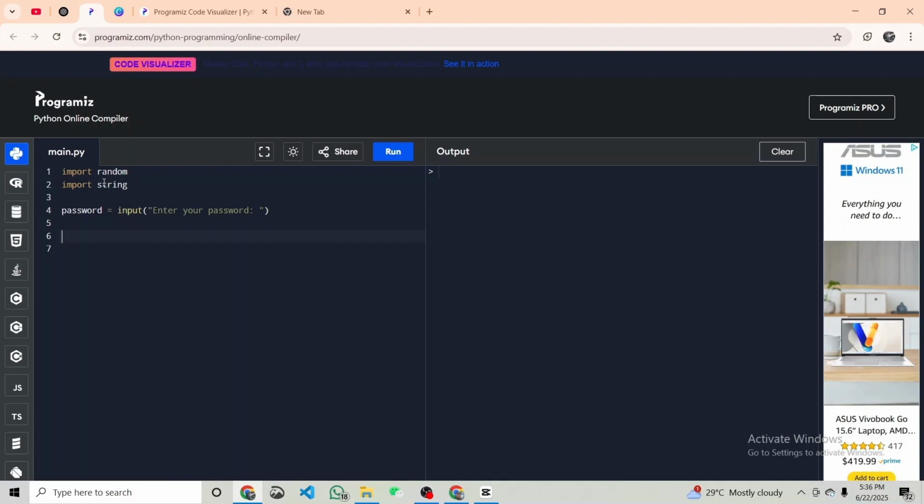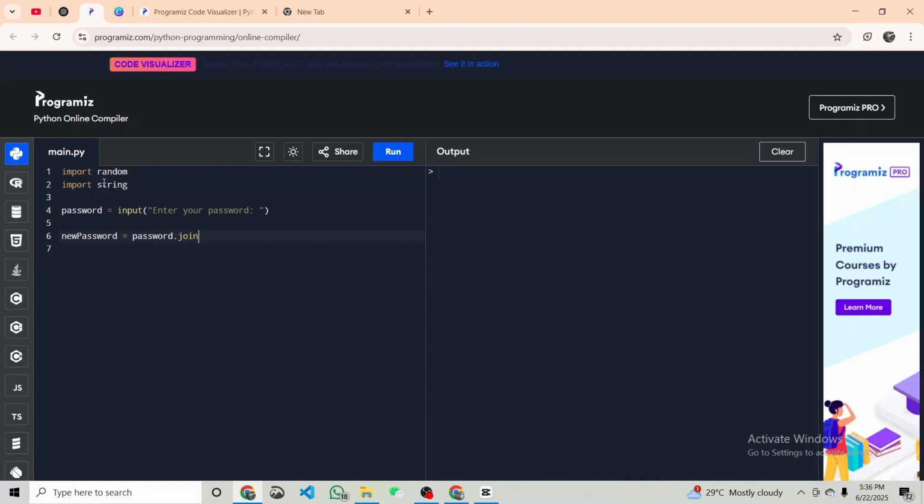another variable. Let's say new password. Let's just call it that, new password. We're using camel case in this particular variable. New password is equals to, we call the password that was entered by the user, and then we use the function join to concatenate or to add a lot of things together. And now join,